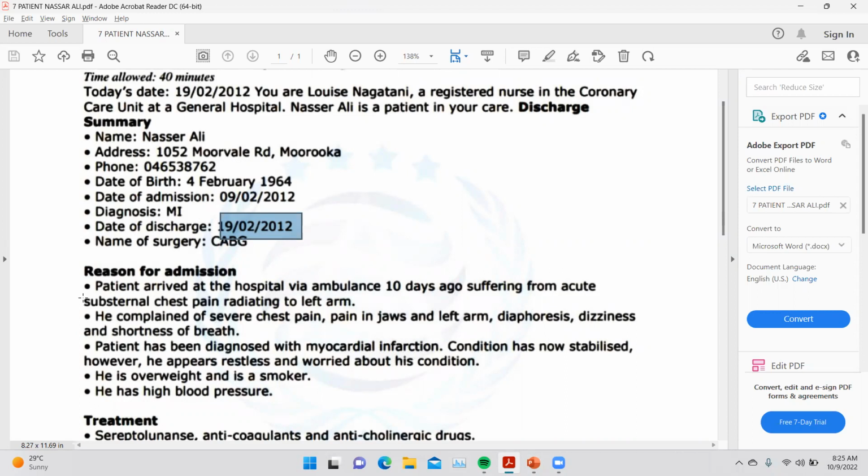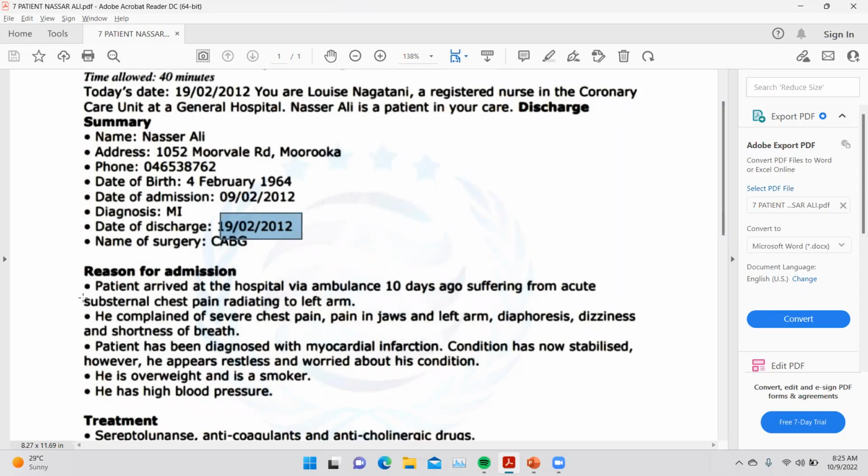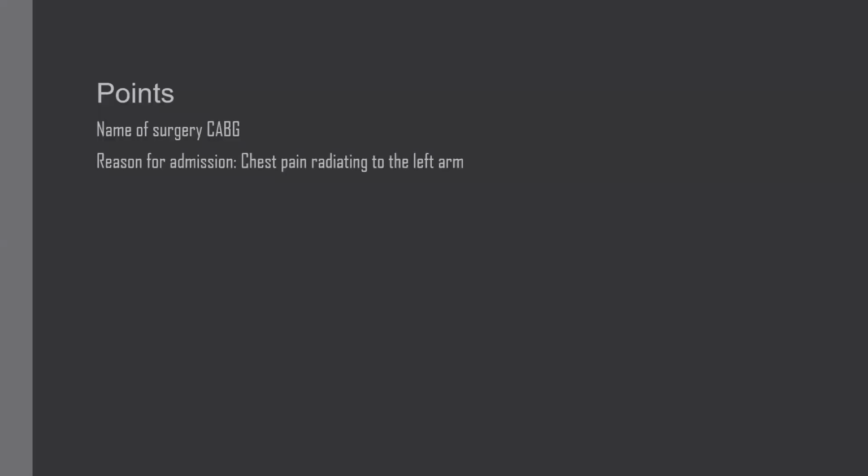Let's see, we want to know when he came there and what the condition of the patient was. So we will write the reason for admission: chest pain radiating to the left arm. The date we already selected previously, that's why we are not thinking about the date here. The second thing, he complained of severe chest pain, then pain in the jaw, left hand, dizziness, shortness of breath, all